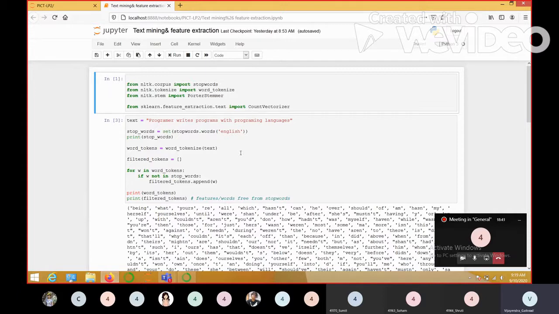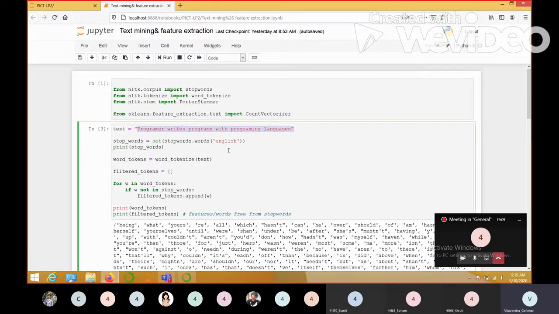Once we have removed those words from the document, we need to perform stemming. Now, stemming is the process in which we will convert every word of the document into its root form, its base form. For example, here we have a text sentence that I have highlighted. Let me zoom it up so it's better visible.